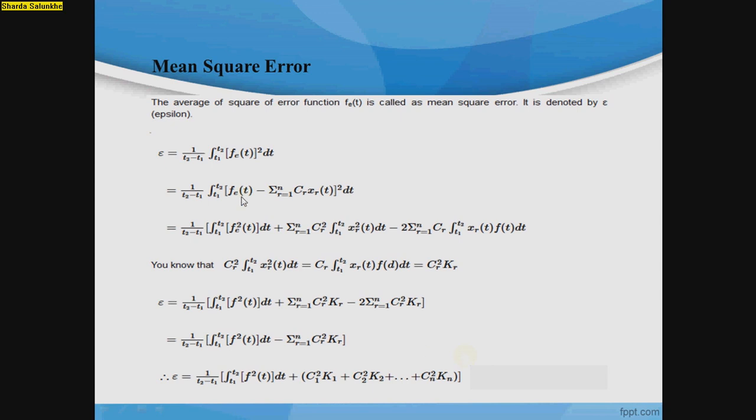The average of the square of the error function f of t is called the mean square error, and it is denoted by epsilon. It equals 1 by t2 minus t1 integration over the period t1 to t2 of f of t bracket square dt. That is equal to 1 by t2 minus t1 integration over the period t1 to t2 of the error function, that is f of t minus summation r is equal to 1 to n cr xr of t, bracket square dt. By solving this, you will get